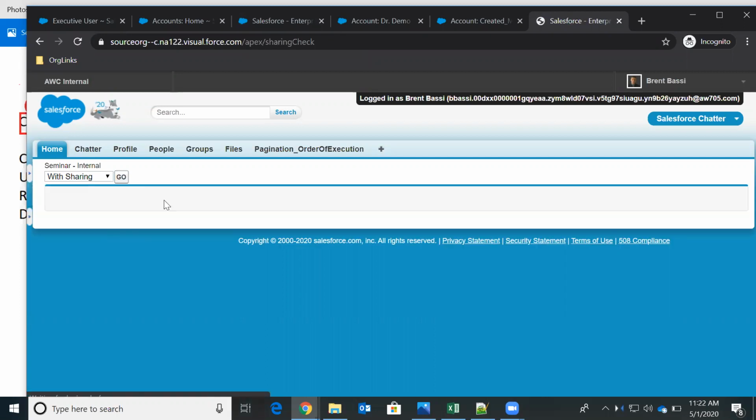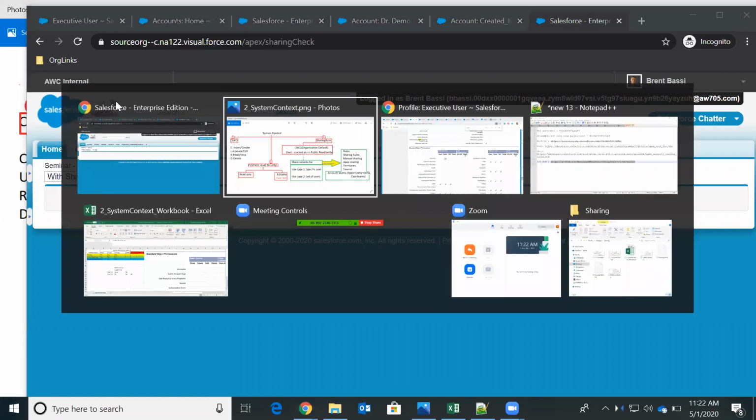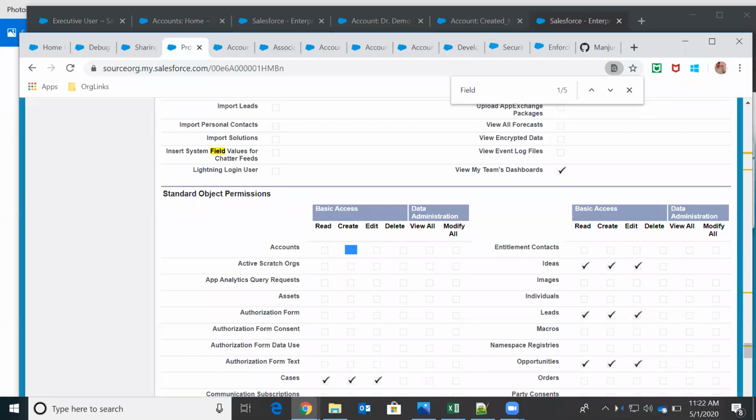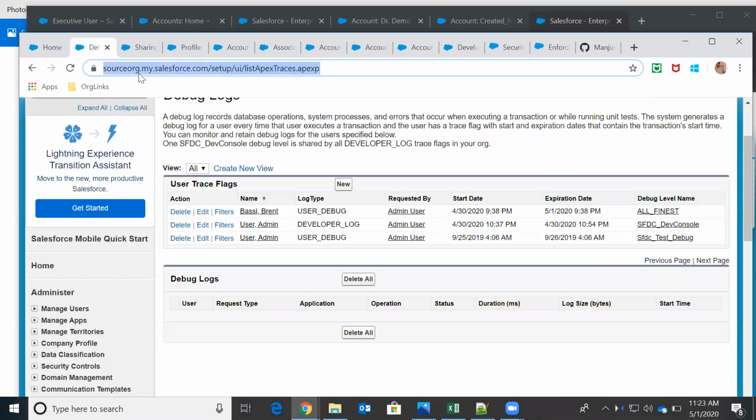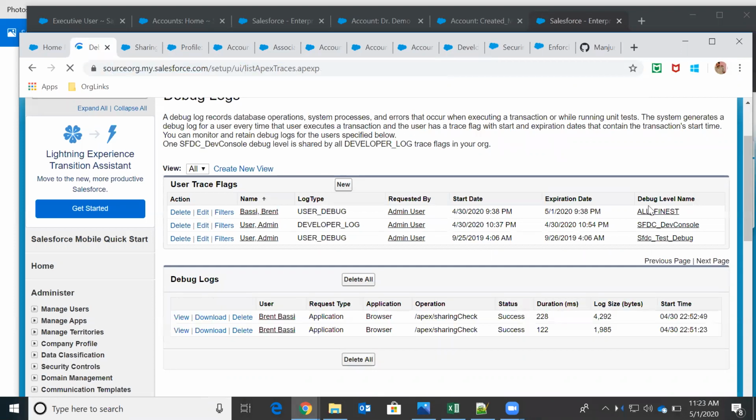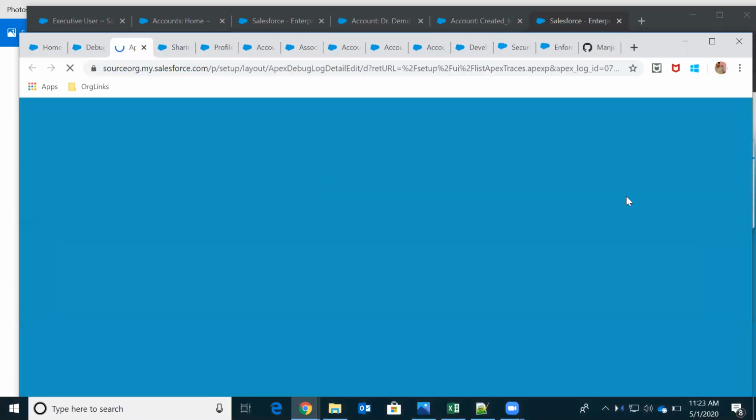See, currently I'm not able to see anything here, but in the backend it is able to perform these 3 steps without issue. In step 1, it is able to fetch the records. We will check in the debug logs whether it is able to fetch the records or not. Let me go to the debug log.